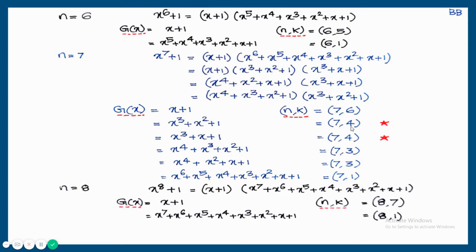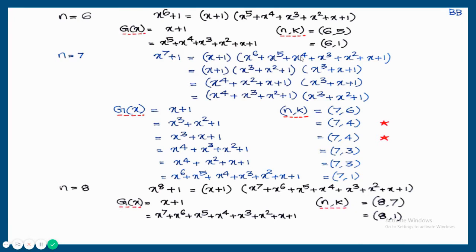Both are very, very important. These two are Hamming codes, that is, 1 bit error correction cyclic codes: x cube plus x square plus 1 or x cube plus x plus 1. Another possibility is x raised to 4 plus x square plus x plus 1 and x raised to 4 plus x cube plus x square plus 1. So number of parity bits are 4, and 7 minus 4 will be 3. So 7, 3. There are two 7, 3 cyclic codes.